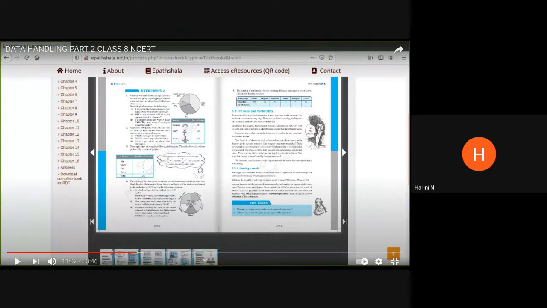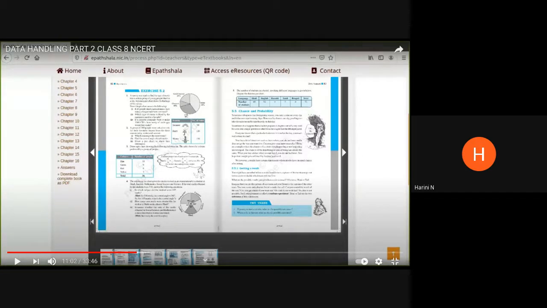I hope you have opened your textbook and reached the exercise corresponding to what I am telling. Which exercise am I talking about? Are you having your textbooks with you or not? You must be having it. Please don't always rely on me to project the textbook here and show it to you. Which exercise are we talking about? Ma'am, exercise 5.2. In page number? Ma'am, 82. Are you there at page number 82?